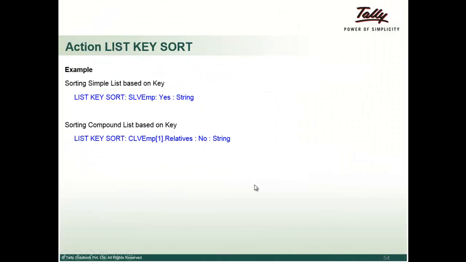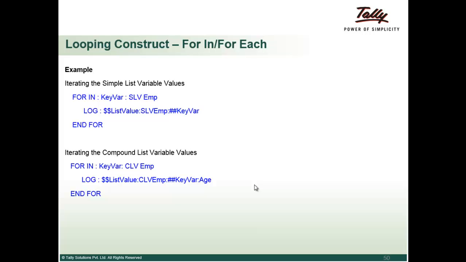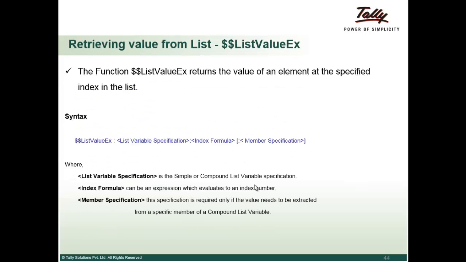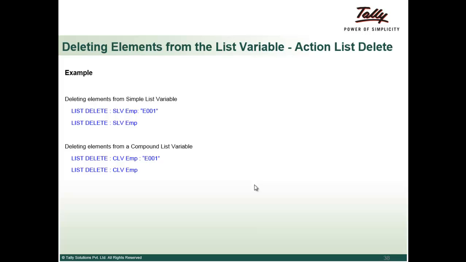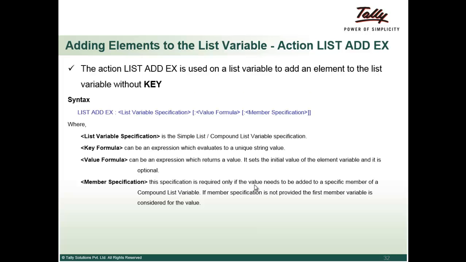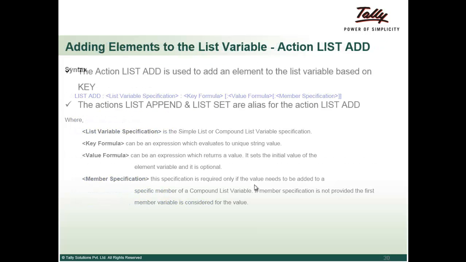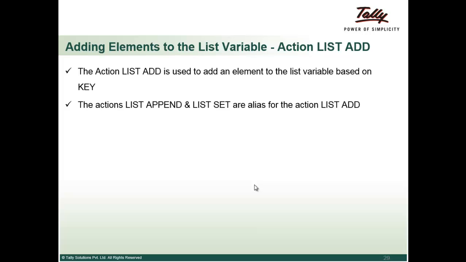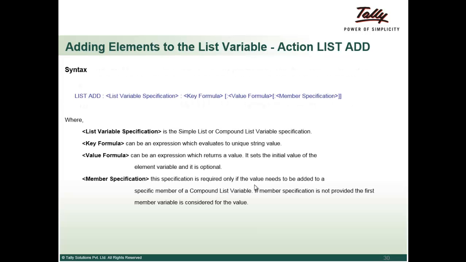So we'll just revise once till now whatever we did. In the list variable operations, we started with list add. We saw that list add adds an element to the list variable based on a key. The syntax is list add, colon, the list variable, then the key formula, the key you want to specify for that element, and then value and member, which are